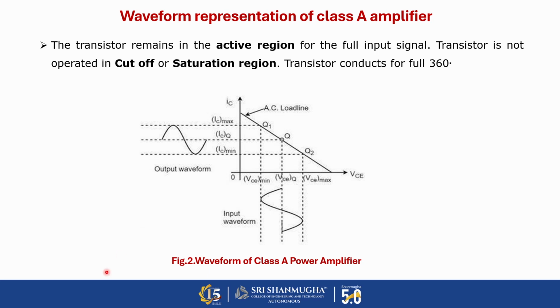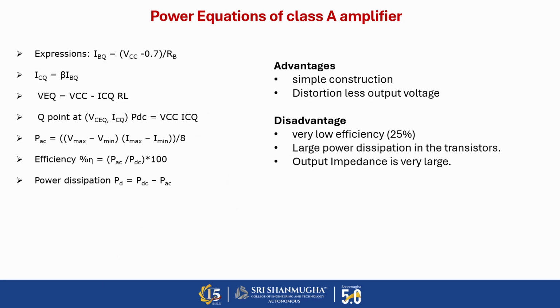And next, there are a few expressions for calculating the power values and efficiency in the class A power amplifier. IB is the base current, and Q is the operating point. So in terms of the Q point, we are representing the current values, power values, and also efficiency. First, IBQ is equal to VCC minus 0.7 divided by RB. We know that IC is equal to beta into IB, and VCE is equal to VCC